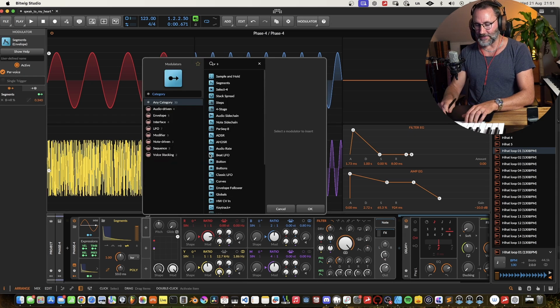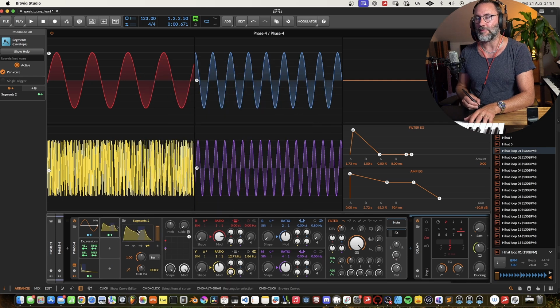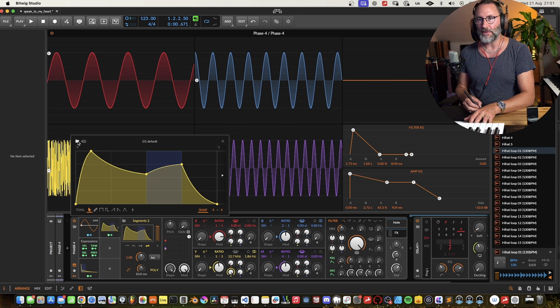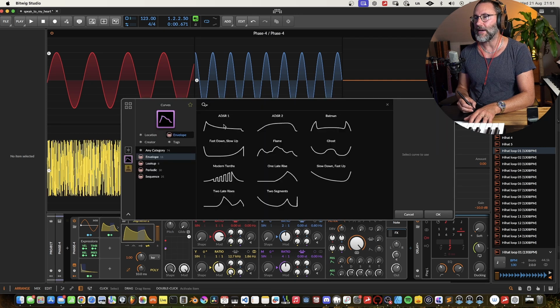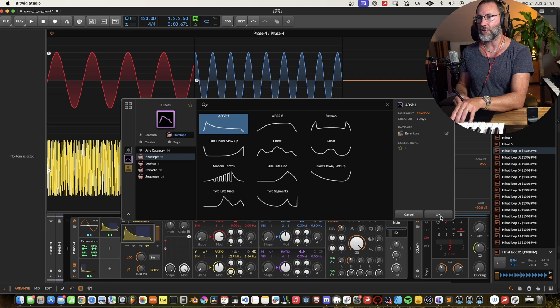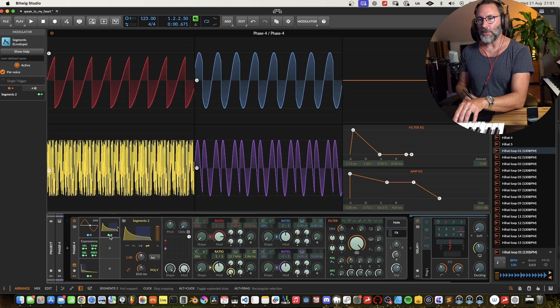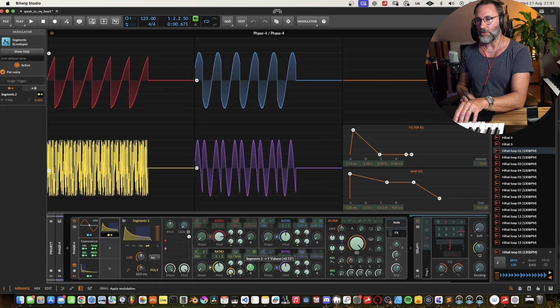So let's try the segments again here, because of the fun of it. I think there's also an ADSR type of curve already that we could use as our starting point, which is good. So how do you guys like the new segments and curves and all these new MSEG type of modulators in Bitwig? Do you find them useful? And now we can apply that to the volume of the yellow oscillator.